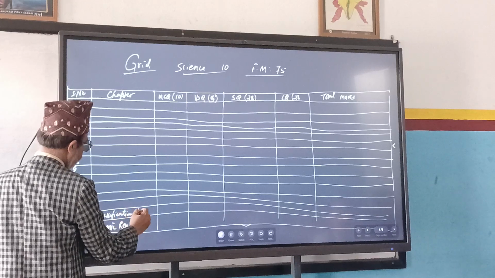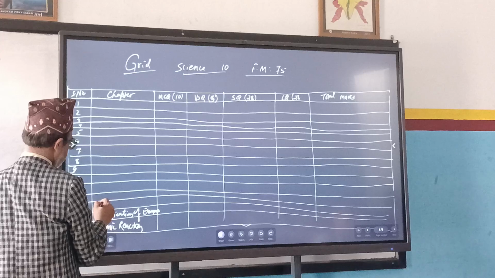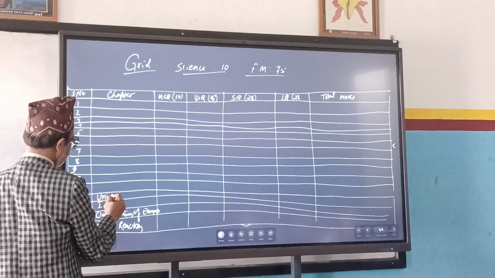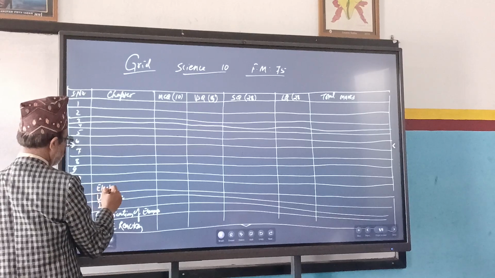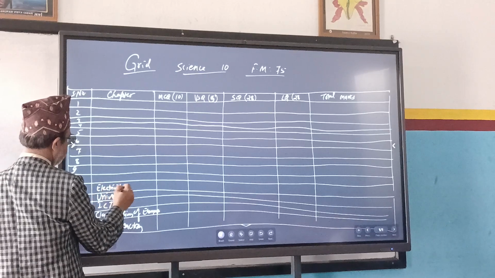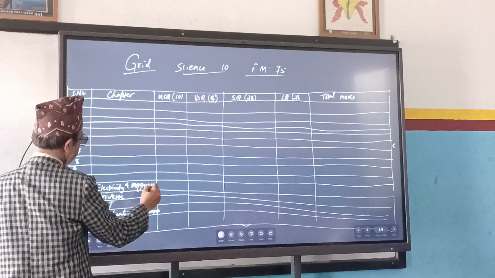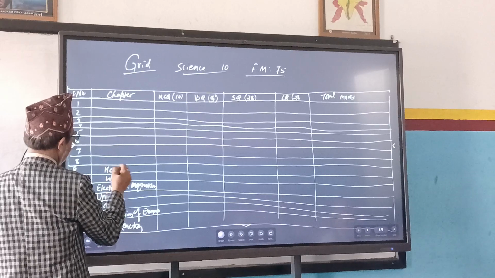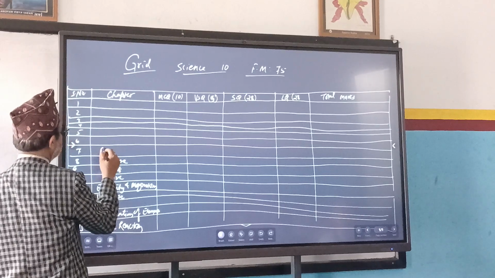Classification of elements. Next, ICT. Universe. Then magnetism, wave, heat, pressure, force and